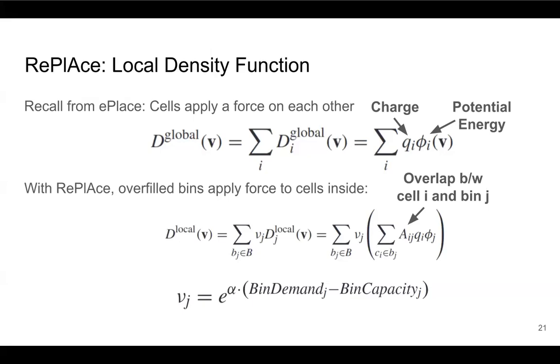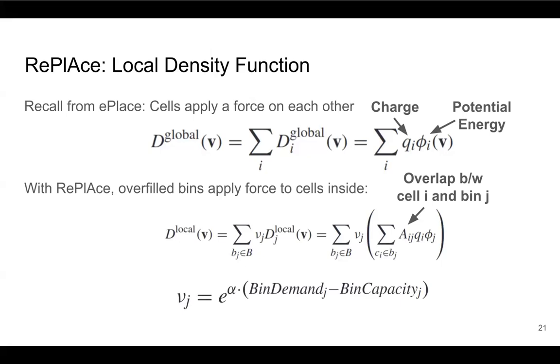Okay, so then I go to the D local and you have B is bins, and C is the cells in the bins. Okay, so for all the bins, take all the cells in the bin and add up all of their potential energy. Multiply that by the area overlap, so that's like their force, and then Qi, we're using Qi again. Yeah, no, so it's a double area here, which I do agree is kind of strange. Okay, so they're scaling it by the whole area, then the area again, then the, let's see, Pj, phi j,